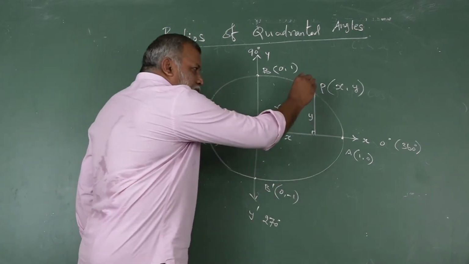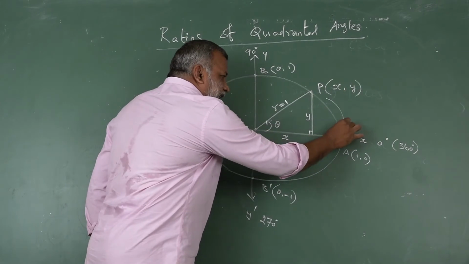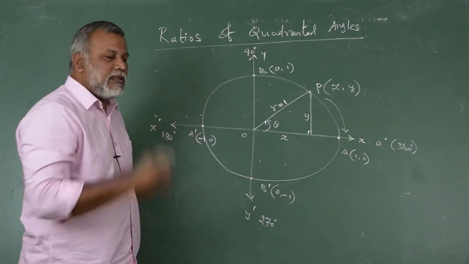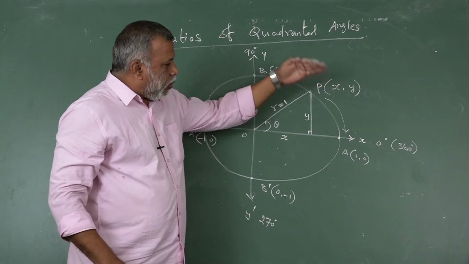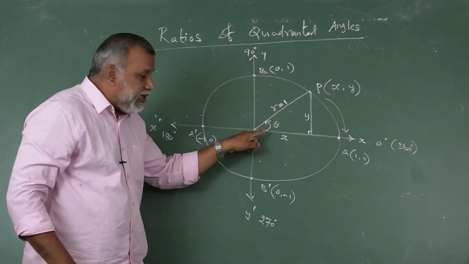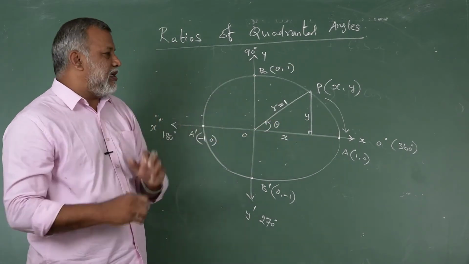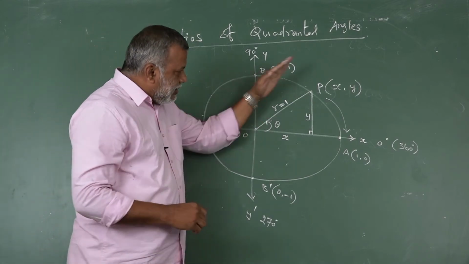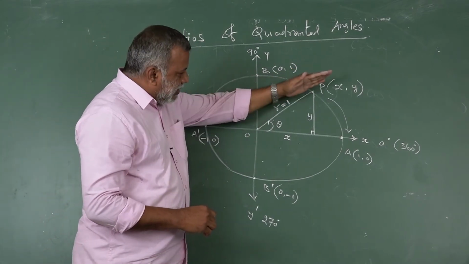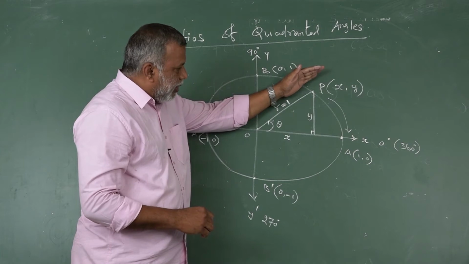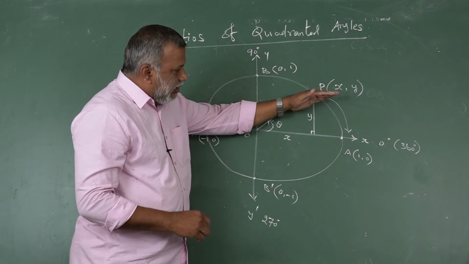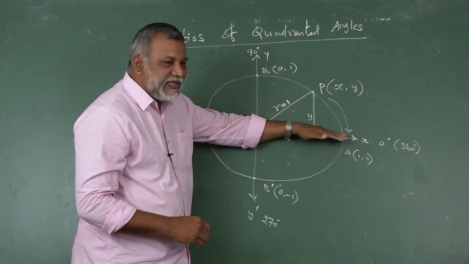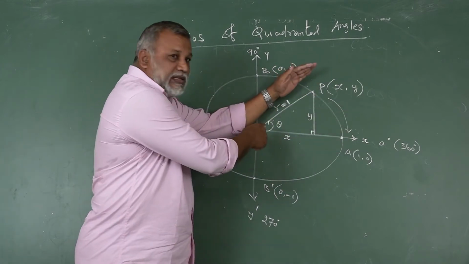Now this point P coincides with A. Consider this point P coincides with A. Then theta becomes 0 degree. That is the logic we are going to use here. See this line. This line means consider my hand. This is OP. Slowly my hand coincides with x-axis. Here my hand takes an angle.